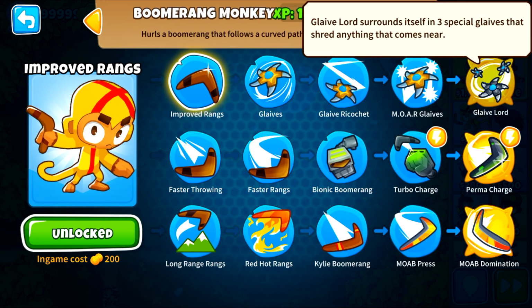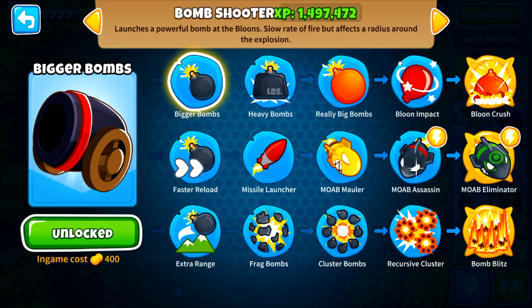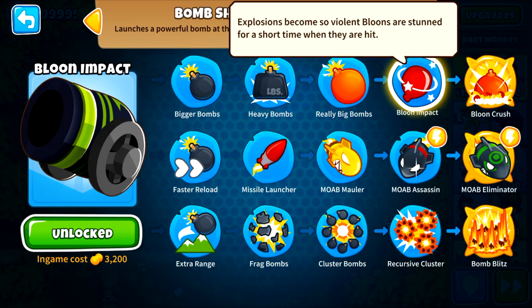Because it's got really good DPS in the single area, and that's what really matters. You don't need Pierce anymore because there's less children. You just need high damage. Nothing else in the boomerang is really that great in them though. So the bomb shooter, your balloon impact is actually really good, and this is because it stuns them and it's